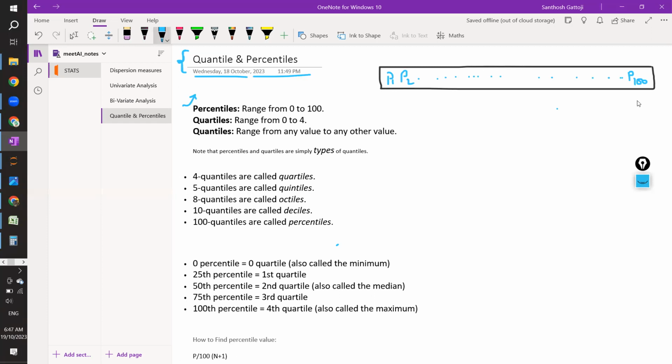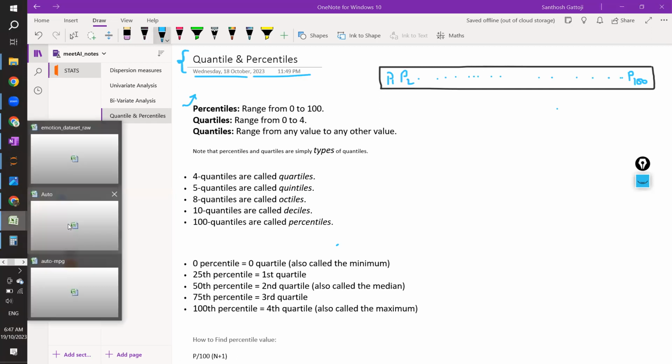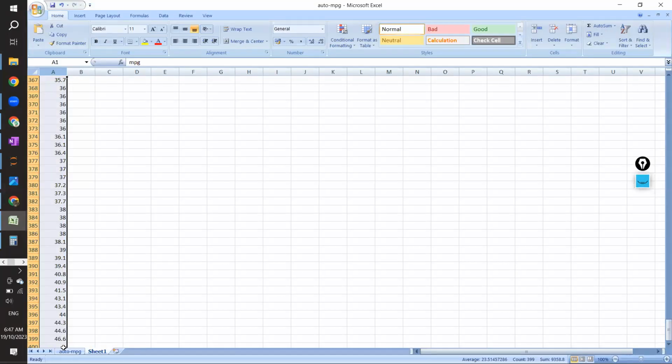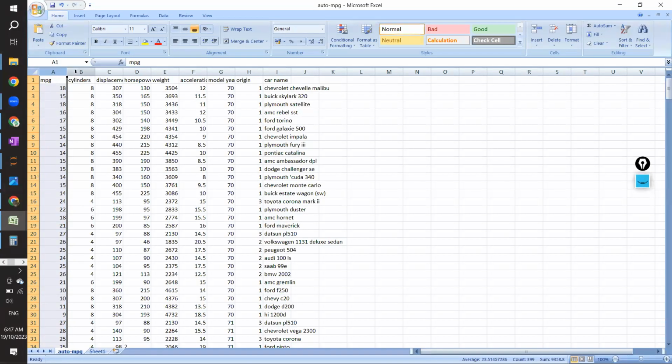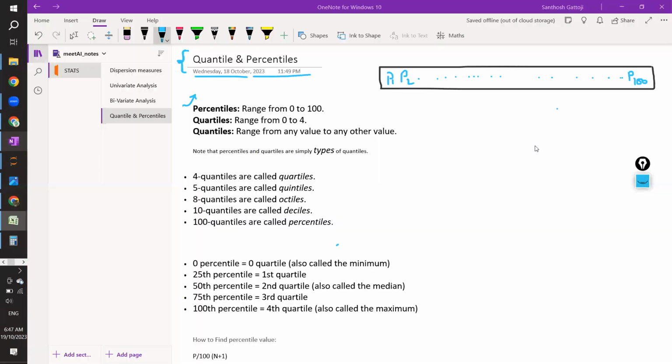Normally you will have some column, right? For example, if you see this column, mpg, cylinders, one column. Similarly, assume that you got a column and there are 100 values in it. Now, percentile. The general word is quantile, guys. We will see what quantile is, but let me start with the percentile. When I say percentile,